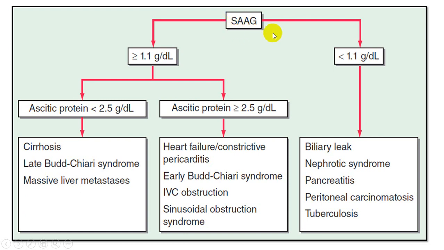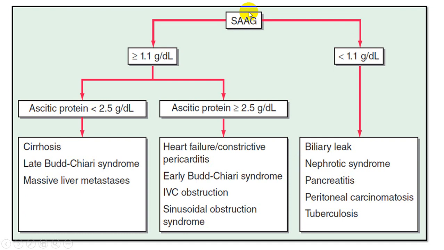If the SAAG result is less than 1.1, it could be tuberculosis, malignancy, pancreatitis, or nephrotic syndrome. While if SAAG is more than 1.1, then the total ascitic protein level needs to be calculated, which we sent previously. If the ascitic protein level is more than 2.5 gram,